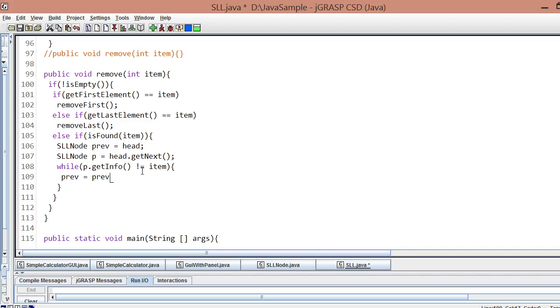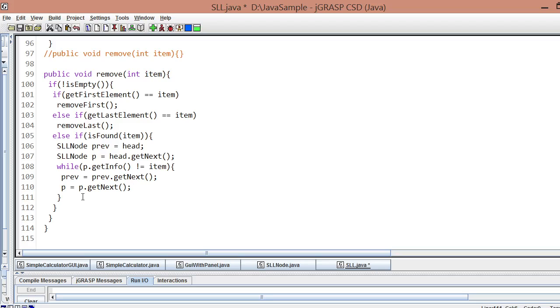So prev receives prev dot get next and also p receives p dot get next. Once p dot get info is no longer not equal to the item, this will loop. Once they are equal, the loop will stop.